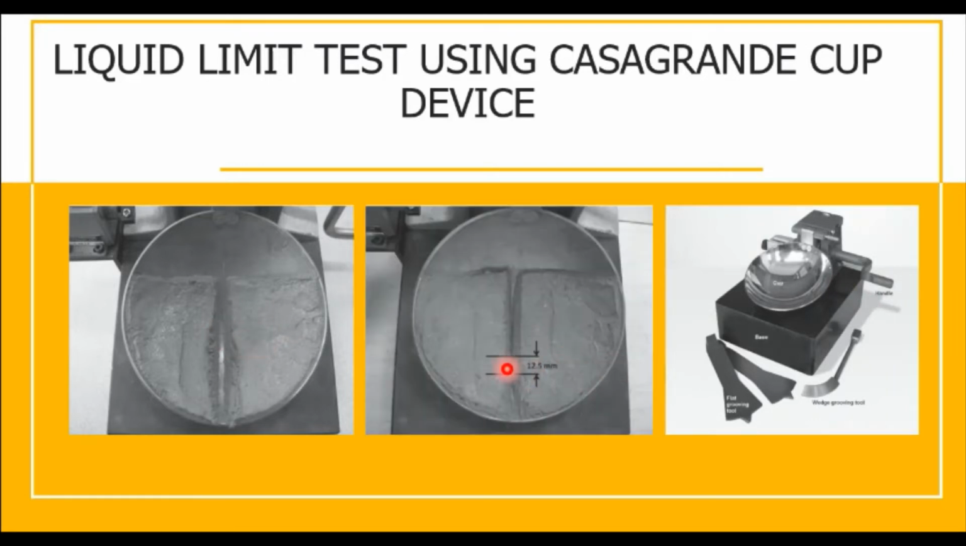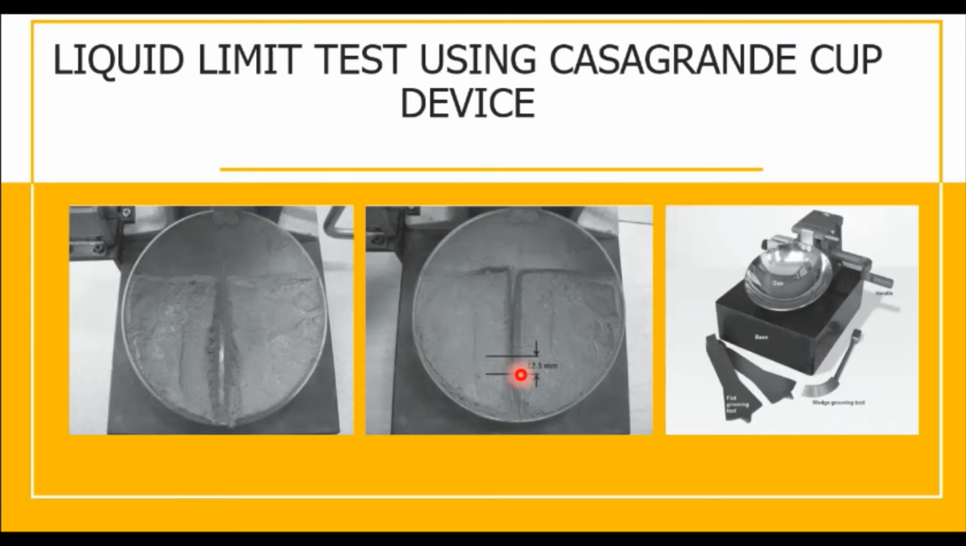So pag nag-close na siya, that's the time na mag-stop na tayo and kuha tayo ng sample dito. Kukuha tayo ng sample at kukunin natin yung moisture content nito. Again, 4 or 5 trials ang gagawin natin kasi hindi siya agad-agad mag-close yung lupa at 25 blows. Pwedeng lumagpas, or pwedeng mag-close agad-agad siya kahit hindi pa niya na-reach yung 25 blows. Kaya meron tayong